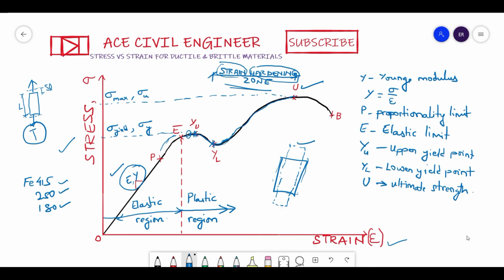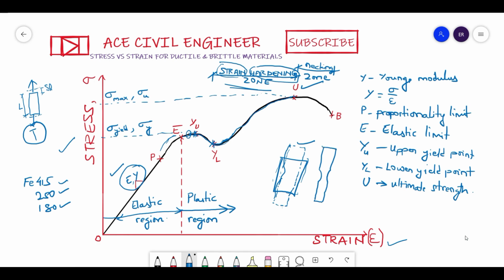Now you may ask, sir, if I am going to increase the load some more, then what happens? Then I would say from here, this zone I will be calling the necking zone. So in this necking zone, friends, whatever permanent deformed member is there, it will try to decrease its cross section, something like this. So I will draw it here. Now this will try to get shrunk at its weakest point. Whatever is the weakest point, it tries to form a neck-like shape.